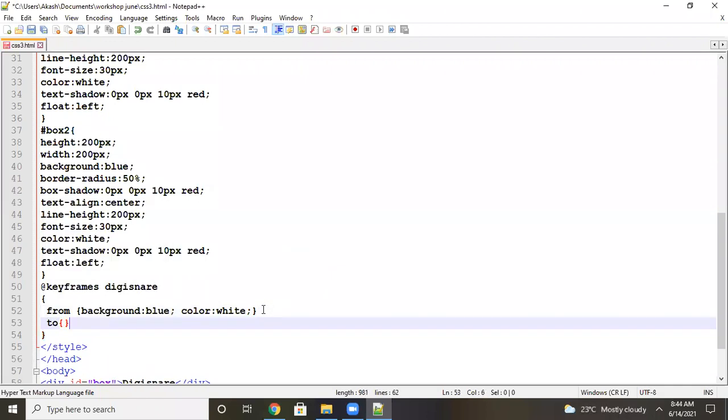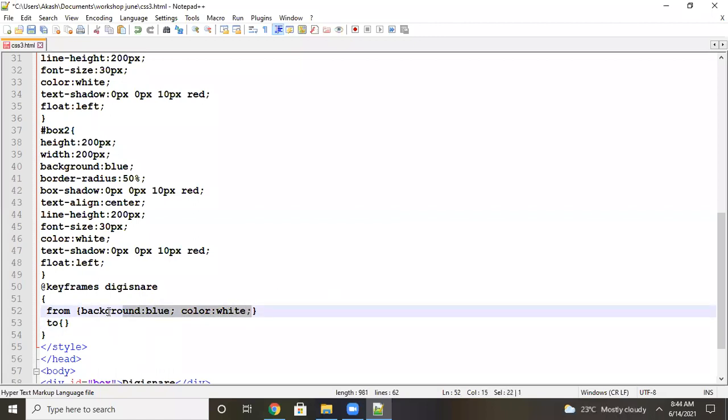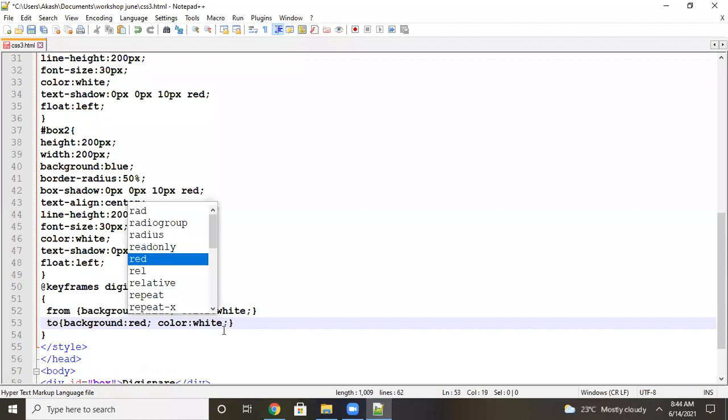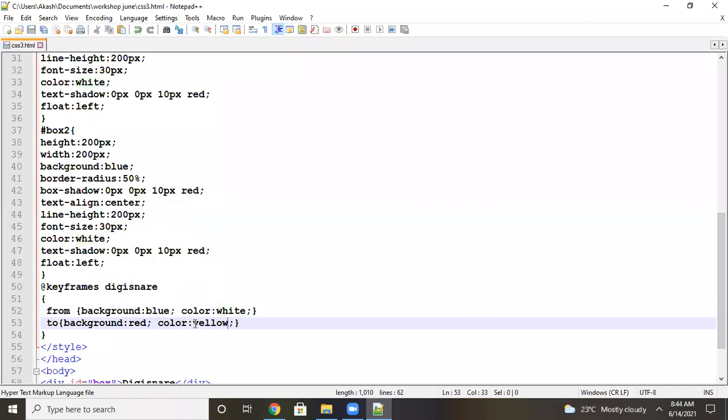From to to means from this color to this color I am changing. Which color I want to change, I have to mention here. I will mention here red and yellow, the color combination. Okay, we have defined one animation frame set now.